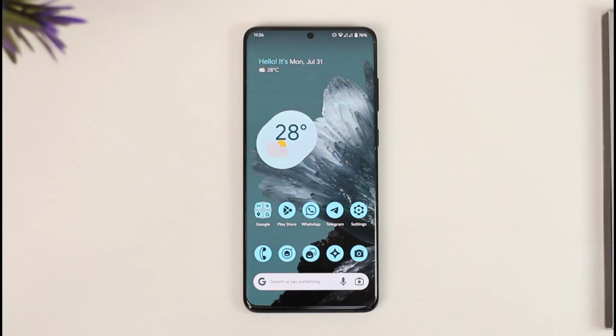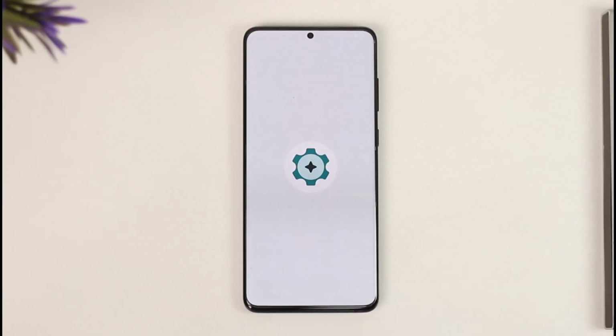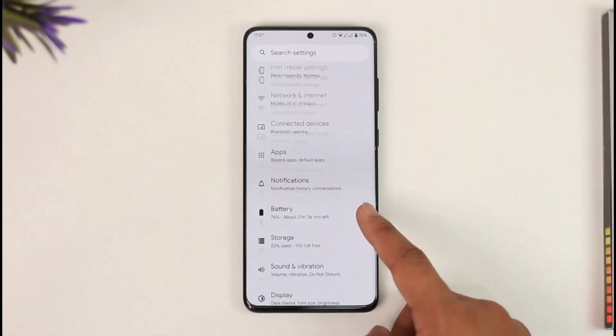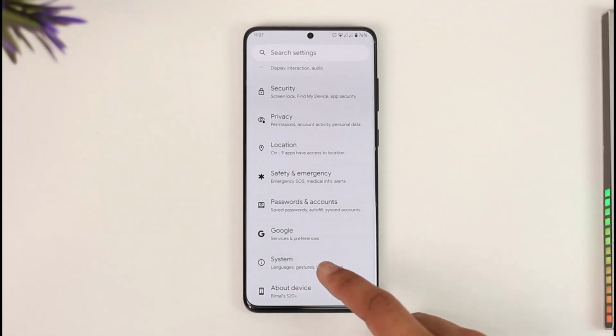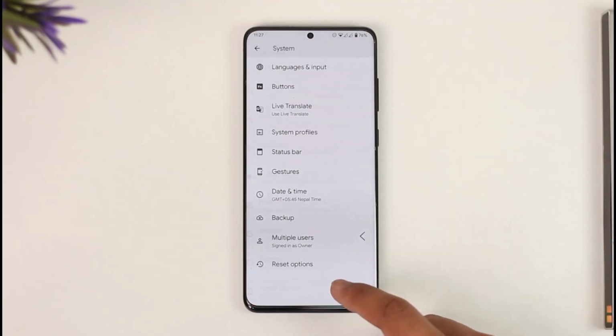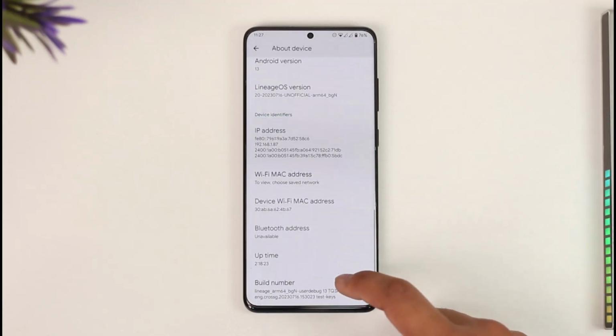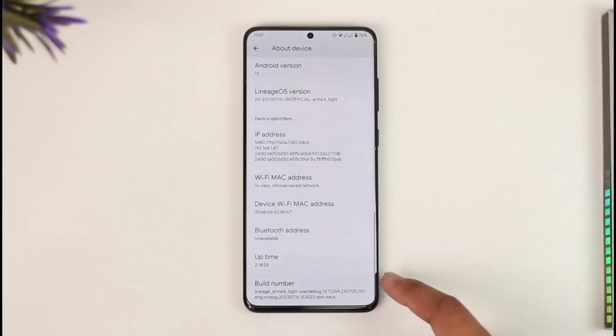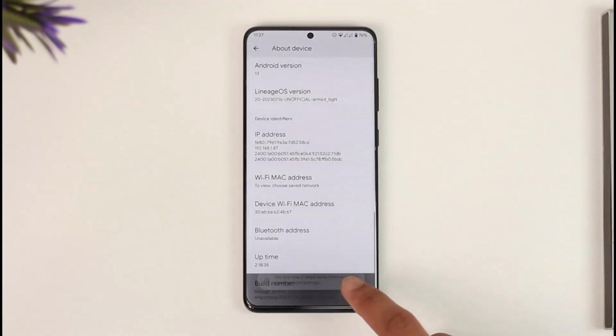In order to enable developer options on the Android smartphone, it is actually very simple to do so, because all you have to do is first of all just launch settings on the Android phone. Once you launch settings, just try to look for it in the system tabs or maybe in the about section, where you will be able to find this option called build number. No matter whichever phone you're using, sometimes it will be inside software information, you'll find this option known as build number. And once you find build number, just make sure to tap on it multiple times,